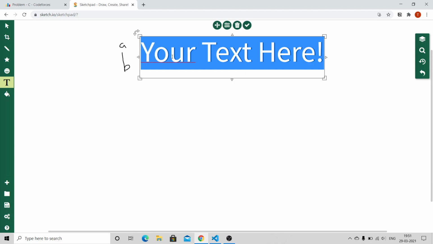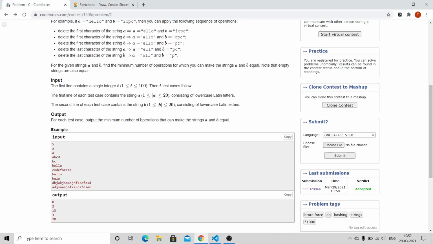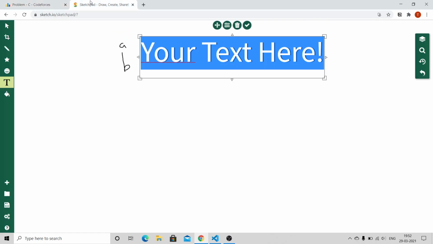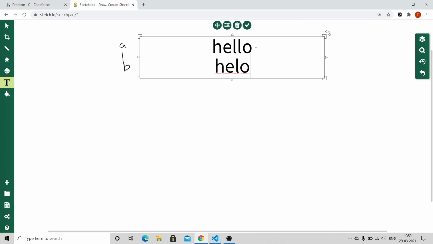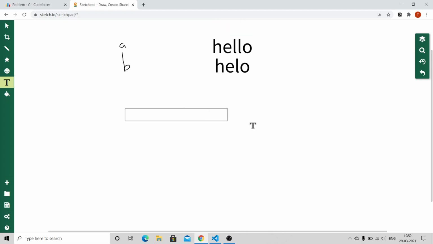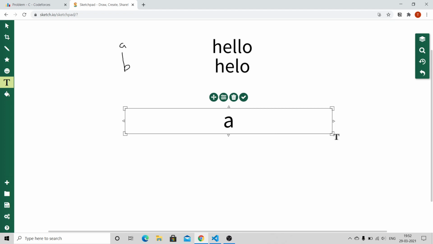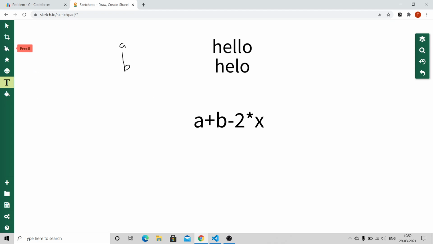First, we try to find the substring with the maximum length common to A and B. That is, if A is hello and B is hell, we need to find the length of the maximum substring common between A and B, and we can simply print the output as size of A plus size of B minus 2 times the size of X, where X is the size of the substring. So I'm going to explain why it works out like this.